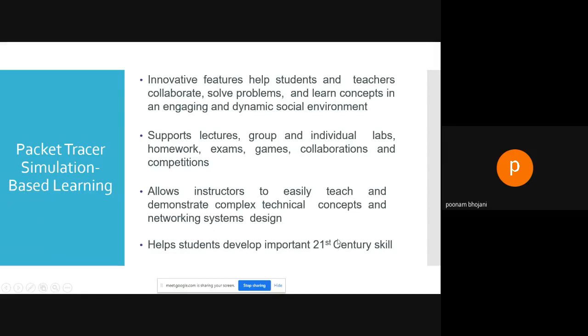So whenever there is a complex network design, if I explain it theoretically, I will say that this device, or let's say this station, wants to communicate with device B. So it will send a request, then the device will send the acknowledgement, then it will send the data, then it will send the acknowledgement, and so on, right? I will explain you theoretically, but it will be difficult to understand. But if I show you in the tool, in the simulation, that see, this way the data will be transferred, this data transfer procedure will be done, then it will be easy for you to understand. Okay.